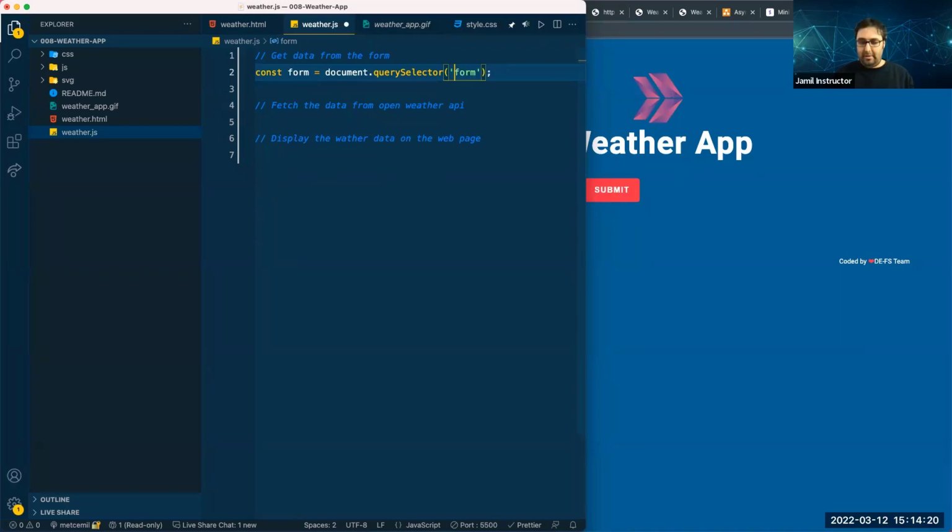And now, forgive my keyboard. I'm looking for my hash. I don't know where this hash key is. I can't find it. But I think you got me. Okay, where is my? Here it is. Okay, so the ID, so that's 3. Oh yeah, okay. So now I can use ID there. But now it's the tag, so that's why I just type form. That will basically select the form from a